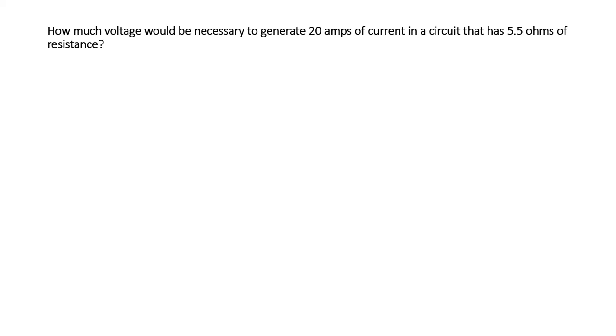So how much voltage would be necessary to generate 2 amps in a circuit that has 1.5 ohms? So that's all I'm really looking for. So I have amps and I have ohms. What's the first thing I'm going to do? I'm going to draw my triangle, of course, because that's what I do. In my triangle, I'm going to put